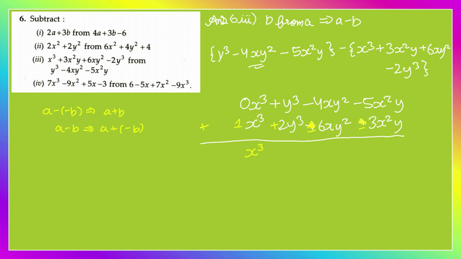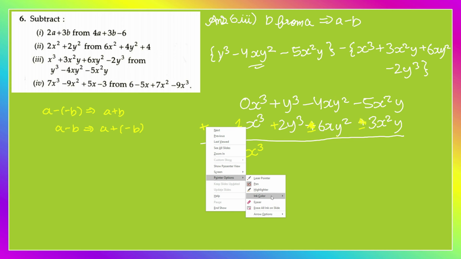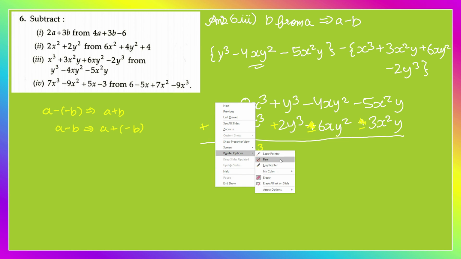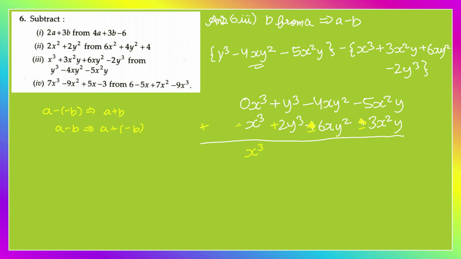In this case, one more thing I want to tell you, that here I have made one mistake on purpose. My mistake was that I had not changed the first sign. I have to change the first sign also. If you have caught my mistake, then you have done very good. So in this case, minus x cubed will come, not positive x cubed. So we have to change every sign. Remember, we have to change every sign. So this also counts. Okay my friends, so here we go. Now, as you can see, we have minus x cubed. Now we have plus y cubed plus 2y cubed.